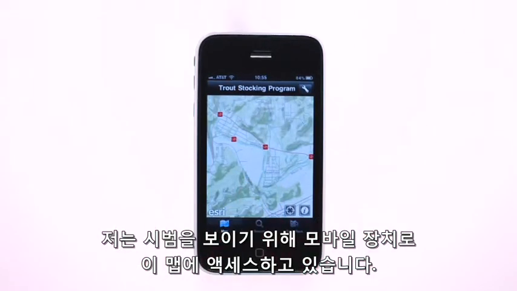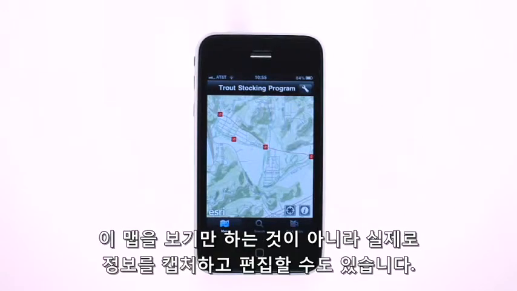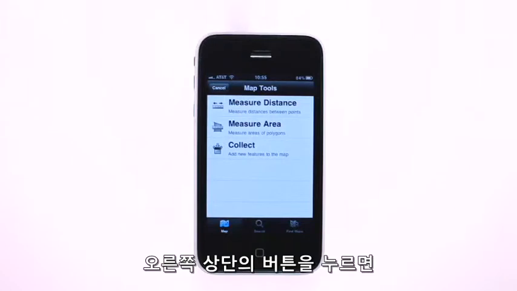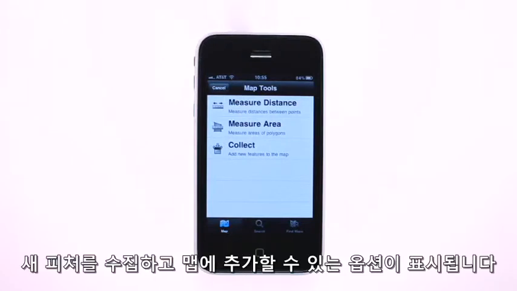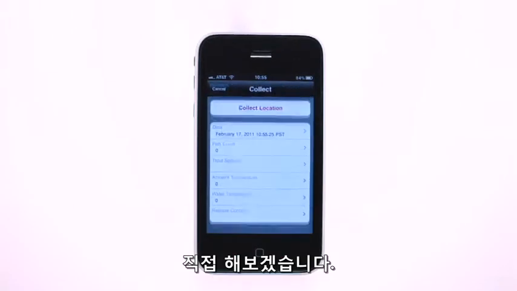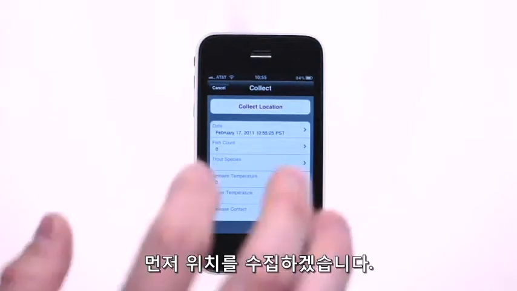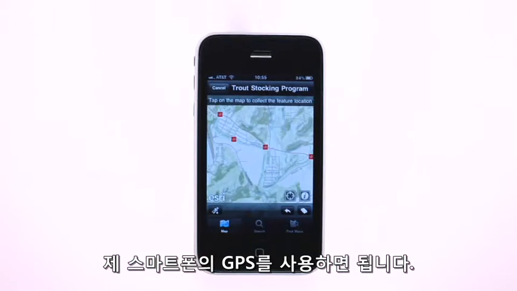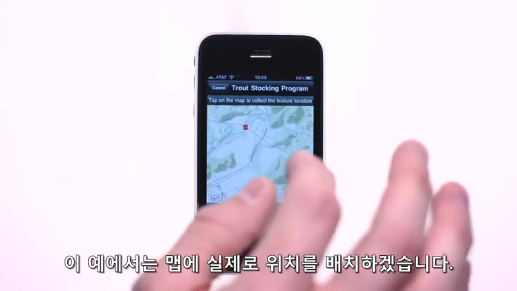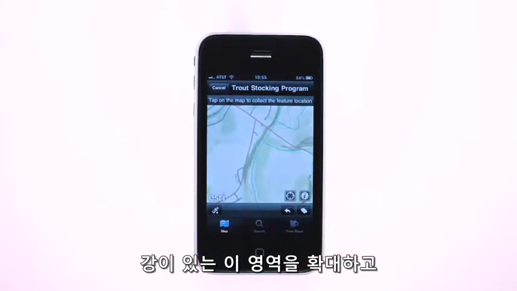So as a volunteer, I'm now accessing this map on a mobile device. And I can do more than just view and look at this map. I can actually capture and edit information. So to do that, we'll just tap the button in the top right there. You'll notice that I have the option now to collect and add new features to the map. So we'll do that. Now, I'm going to collect a location. I could do this using the GPS on my phone. In this case, I'm going to physically place it on the map. So we'll zoom in to this area of the river,